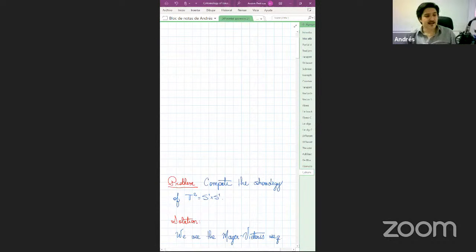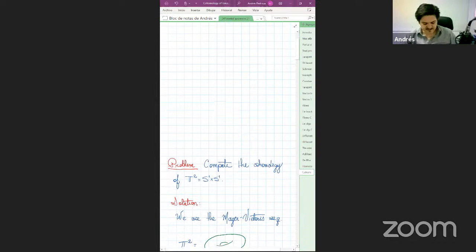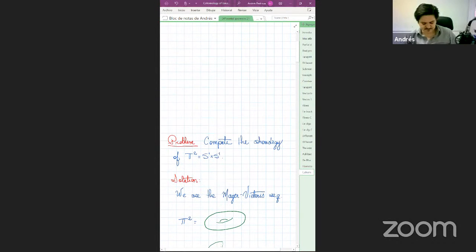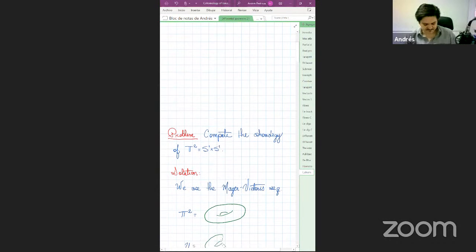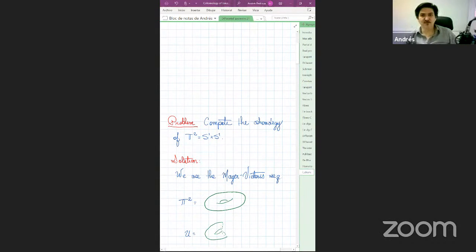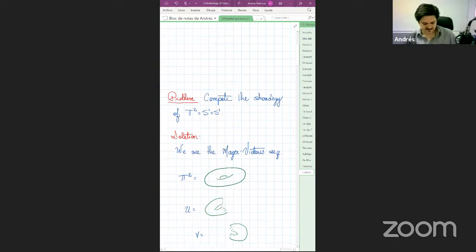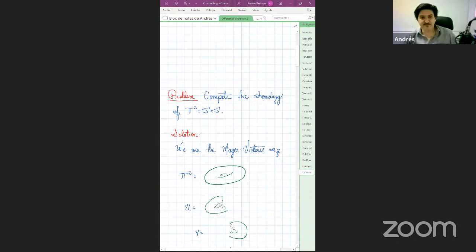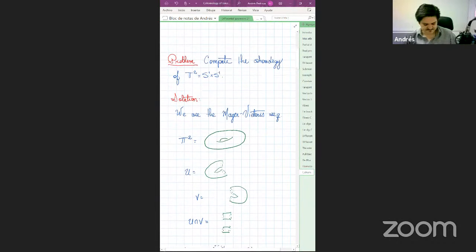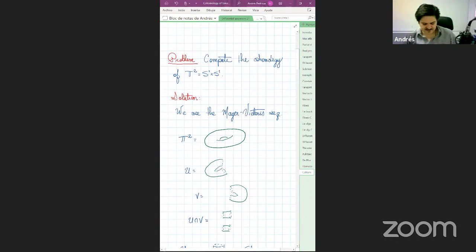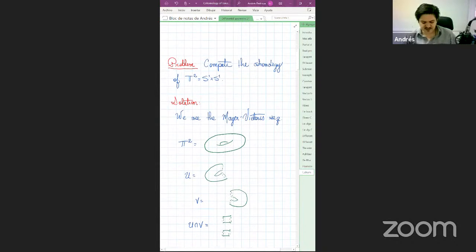Basically, at the end of yesterday's class, you already decided what the splitting of the manifold will be. It will be two cylinders, like this, U and V. And the intersection will be